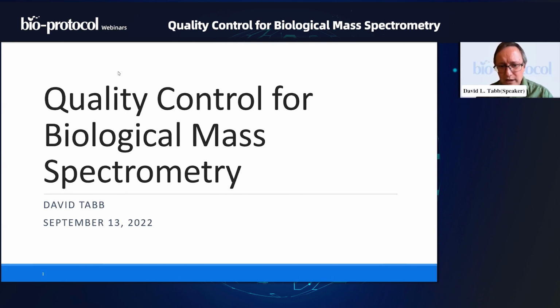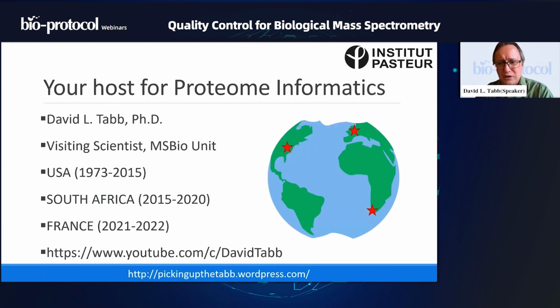I'm going to go into the slides, but I'd like to take just a quick moment for a little bit of biography. I realize that where I've lived and what I've been up to has been a little hard to follow, so I made this little map. I spent the first almost 40 years of my life in the United States, having grown up in the Midwest, and I got my degree on the West Coast and then worked in Tennessee for more than a decade. Then I moved to South Africa, where I met my wife, and enjoyed 5 years in the tuberculosis community there. At the moment I'm in France, but I'm really looking forward to returning to South Africa, the place that feels like home.